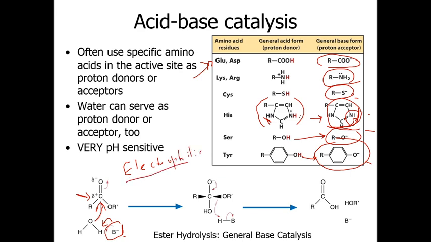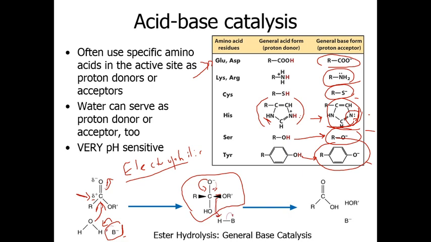Because it has a delta plus charge and it's polarized. And if it attacks there, the electrons move towards oxygen, which is electronegative. And then you get a tetrahedral species, as shown here. This tetrahedral species can then collapse because this O minus can then go back, and one of the leaving groups